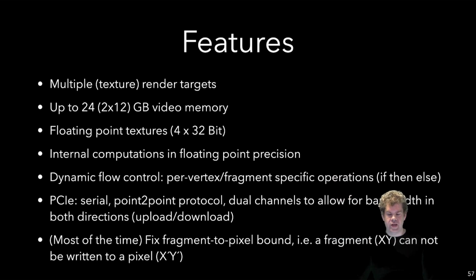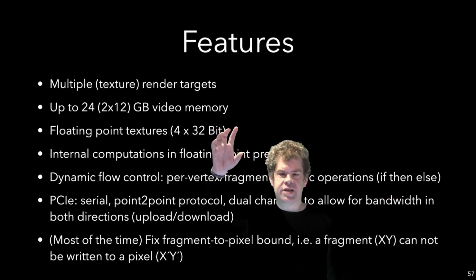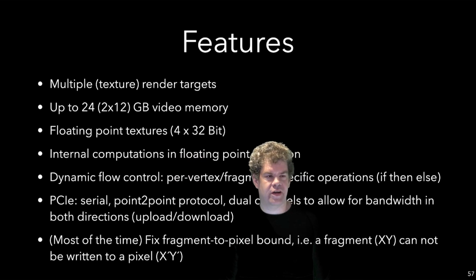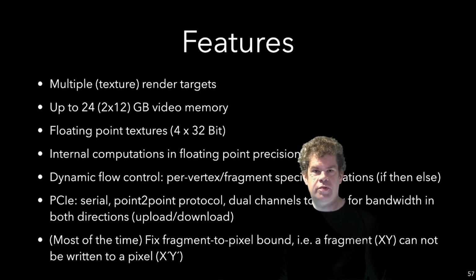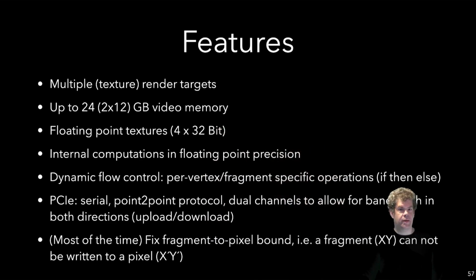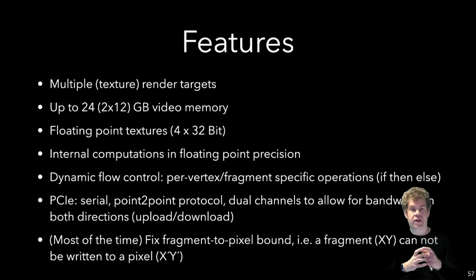You can do computations in floating point, right? Which is something where you would say, of course I can do computation in floating point. Well, it's not so, of course, for a graphics card. A lot of the computations used to be done with significantly lower precision, but you have floating point, and you also have double precision these days. So you can also do a 64-bit floating point computation. What's interesting though is that I've actually put in here 4 times 32-bit,